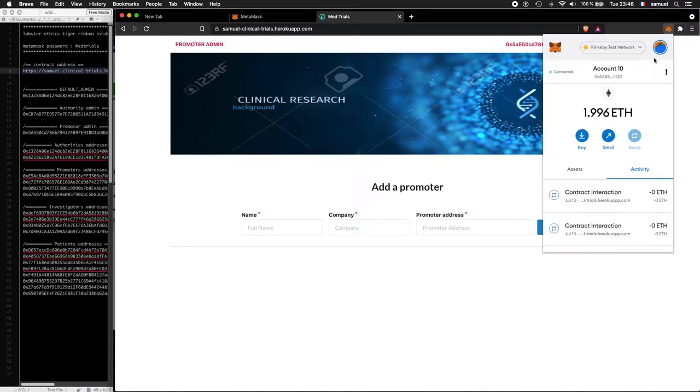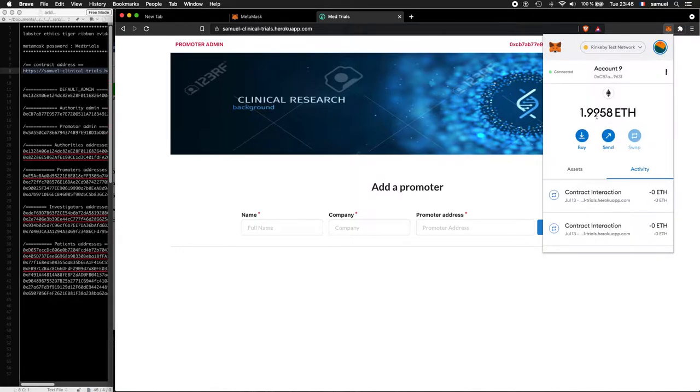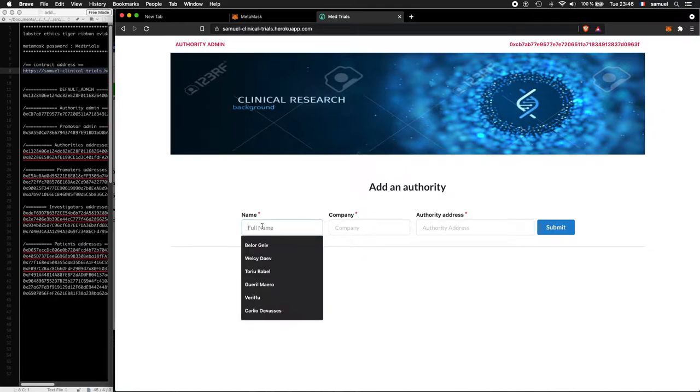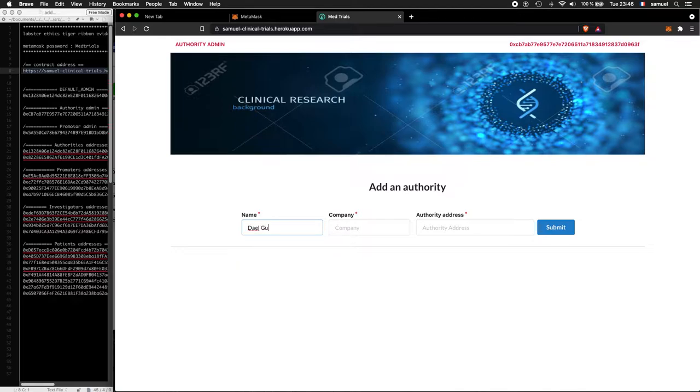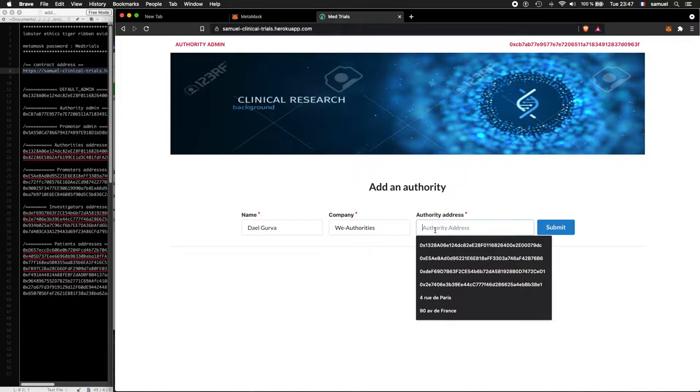So let's go to the authority admin page, because only the authority admin can add new authorities. As you can see, we are connected to the authority admin page. So let's add a new authority. For the name, I would say Diane Guerra. For the company, I just select we authorities, and for the address,